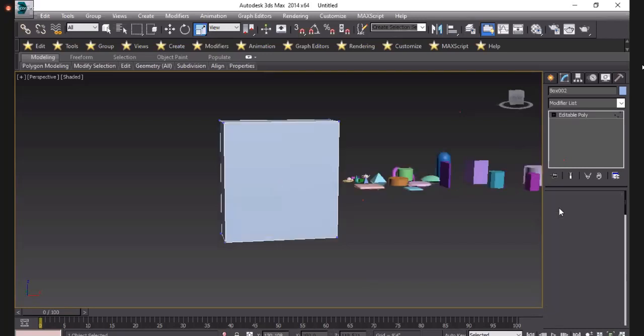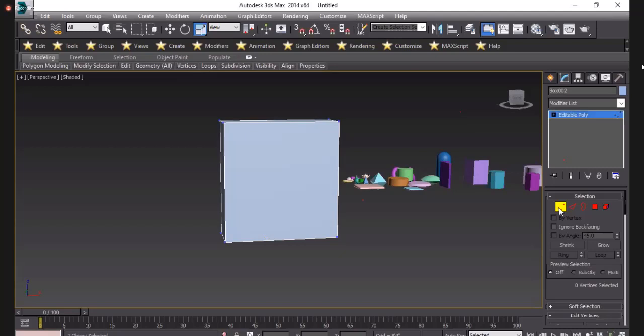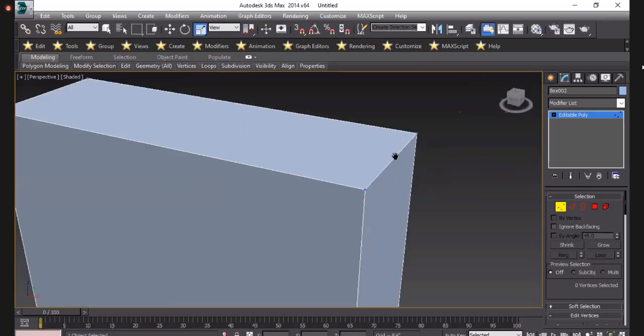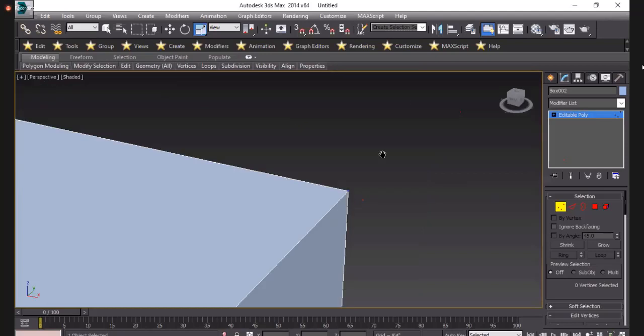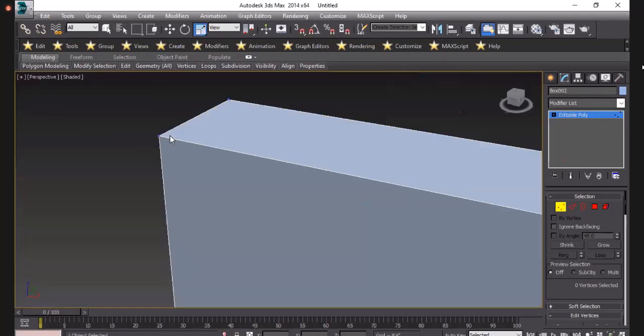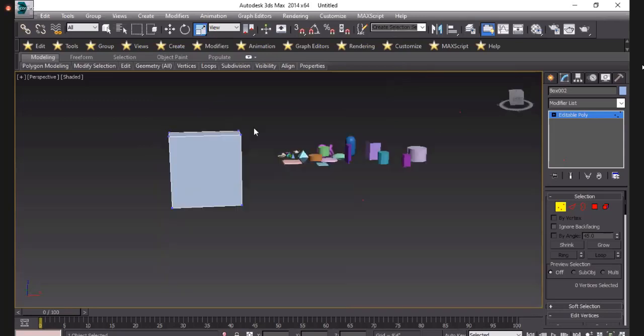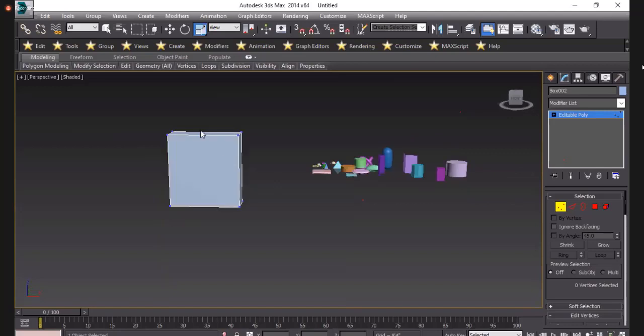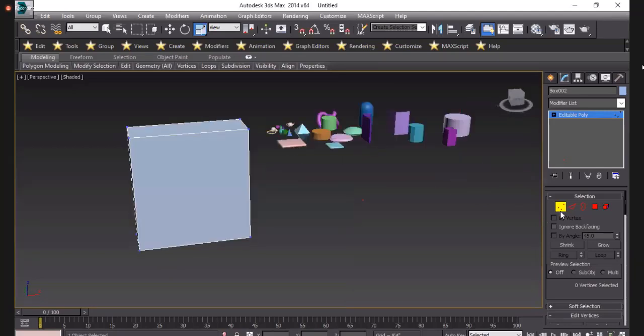A vertex is basically the points or node points that are in your object. If you look there, there is one point, there is a second point. You have the box and you have the vertex points here.